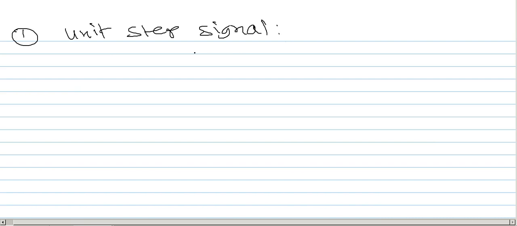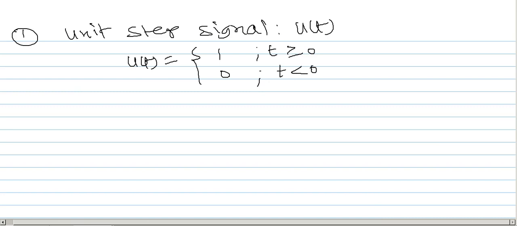The unit step signal is represented by u of t and it is defined as u of t equal to 1 for t greater than or equal to 0, and 0 for t less than 0. Okay, and now if you plot this signal, you will get